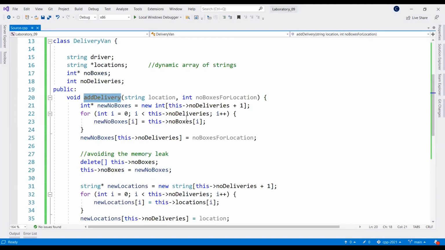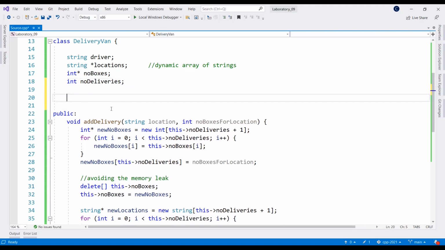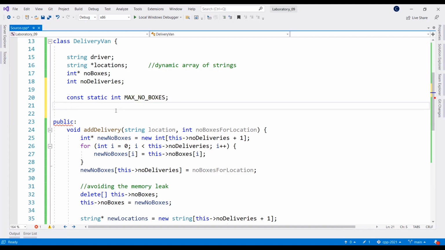Now, let's try to validate here the number of boxes. So for that, just to use a constant and a static variable. So here, let's suppose we have this minimum number of boxes. So here, or maximum number of boxes. So here I will say const static int max number of boxes. Let's suppose that if you want more than 5 boxes, then you need a special transport. Okay. And here, let's define the minimum